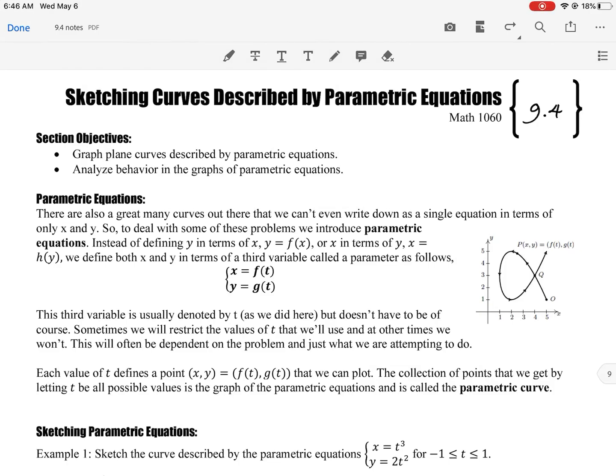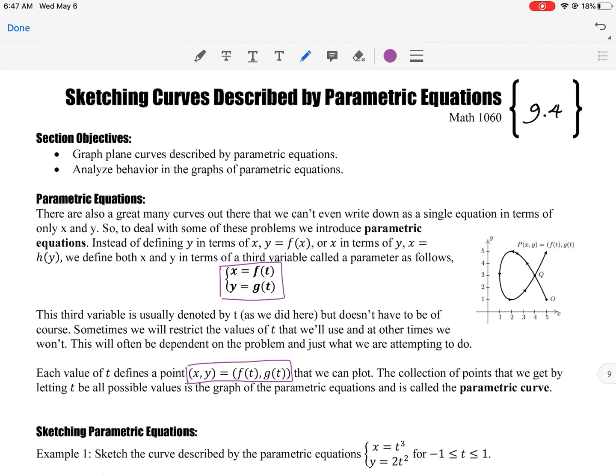Okay, today we're going to talk about parametric equations and sketching them. So the whole idea is that sometimes we can't write something just in terms of x and y. So that's when we introduce a third variable such as t, and we have this system of equations: x equals some function of t and y also equals some function of t. And we are going to combine those two to come up with some ordered pairs, as you see down here, like (x, y) is going to equal f of t and then g of t, and we're going to plot this collection